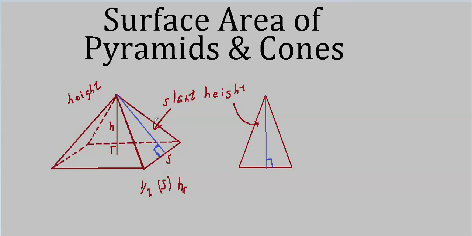So for this entire pyramid, it would be pretty easy to work out the area. You just write, say, a sub p for the pyramid. Well, that's the area of the base, which would be s squared, plus 4 times the area of each of these triangles, which is 1/2 times s times the slant height. We'll call that h sub s. And that's all you had to do. Of course, you could just turn this into a 2, cancel it, and you'd have a more standard looking formula.